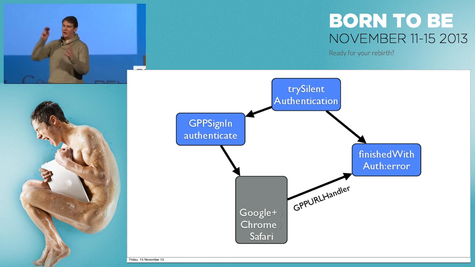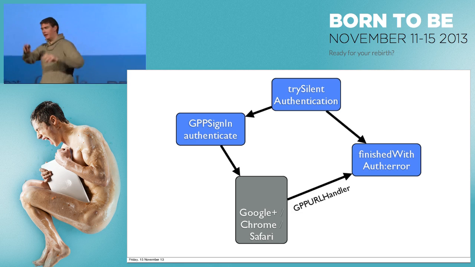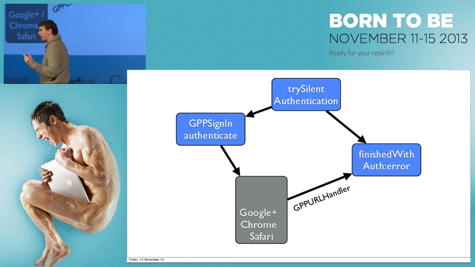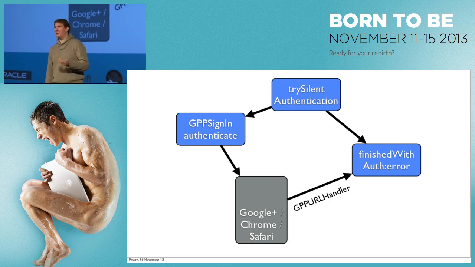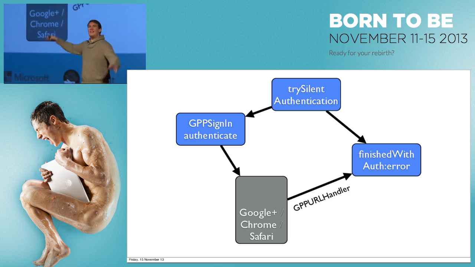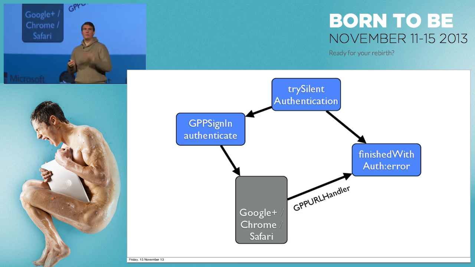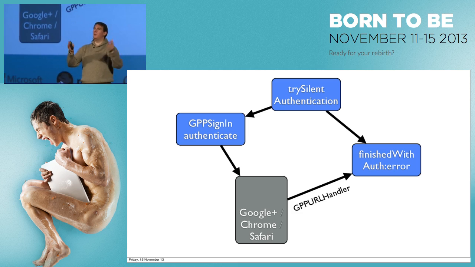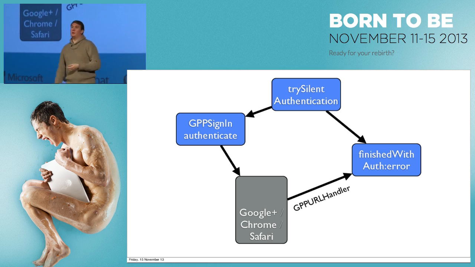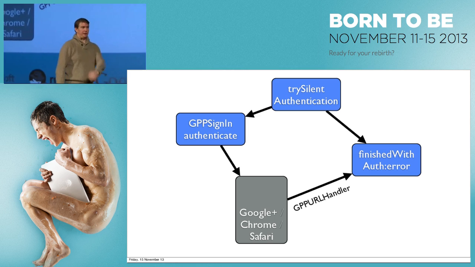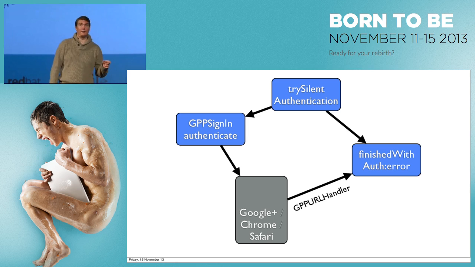So same plan. Are we signed in? If not, display a button. And once the user actually clicks it, we're going to call GPPSignIn authenticate. Now, I want to make clear that when I say display a button, that doesn't mean you actually have to put something up in the user's face. It could mean that in a settings page, you display the button. The button doesn't have to be connected to where the user is at the time you check. It just means that is the point at which you know the user is not authenticated. So when they click, we have to sign them in.